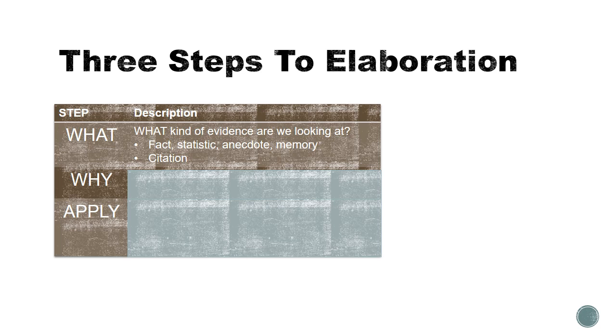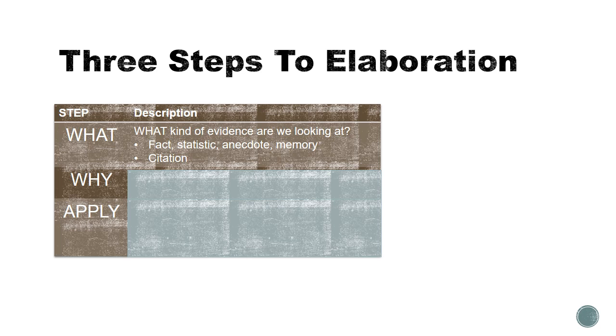Remember also that part of that is your citation. You need to tell us where it came from. If it's a fact, who discovered that fact? If it's a statistic, who crunched the numbers for that statistic? If it's an anecdote, from whom does it come? And if it's a memory, it's probably from you, but that should be clear, right? And so on and so forth. Anytime you give evidence, you should be able to tell your teacher, tell whoever you're talking to,